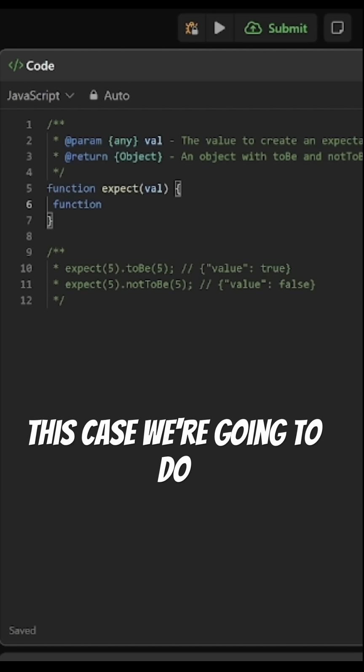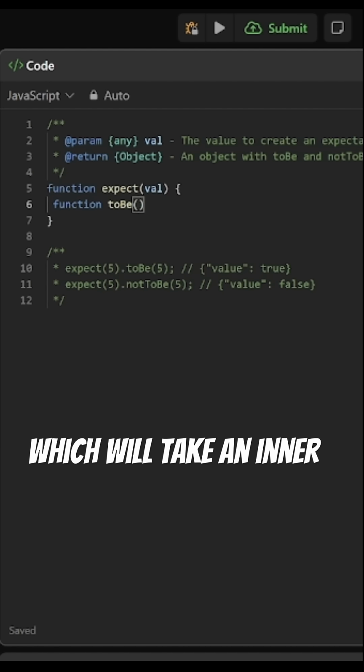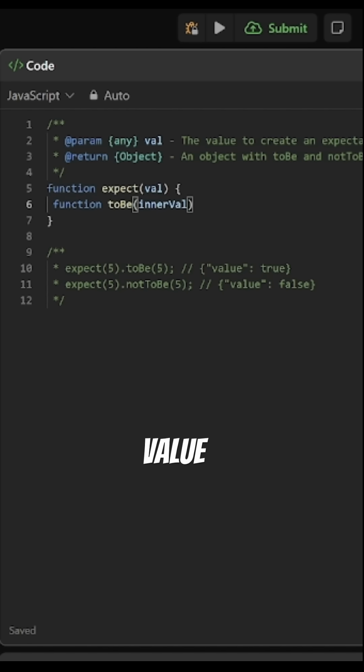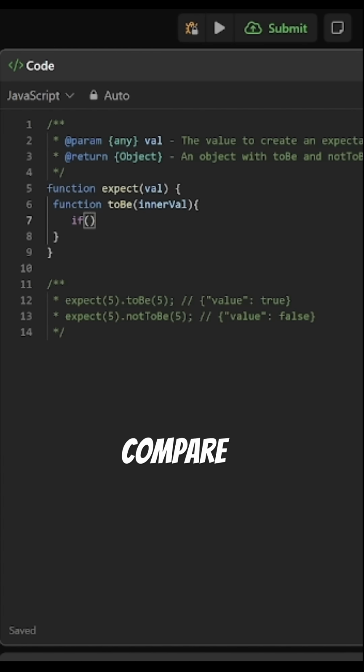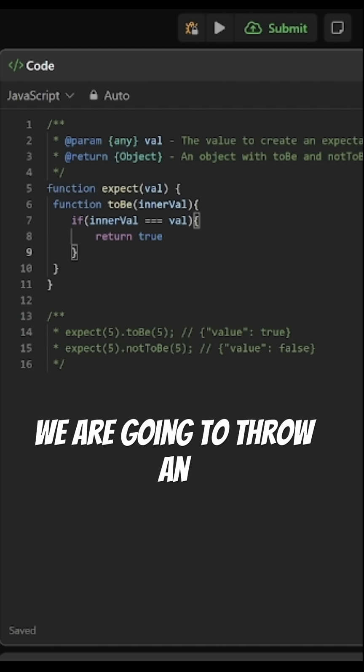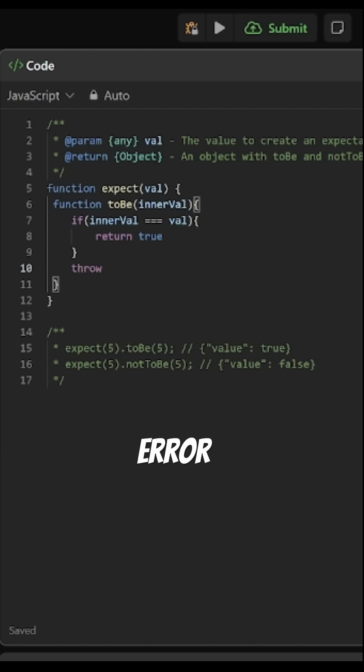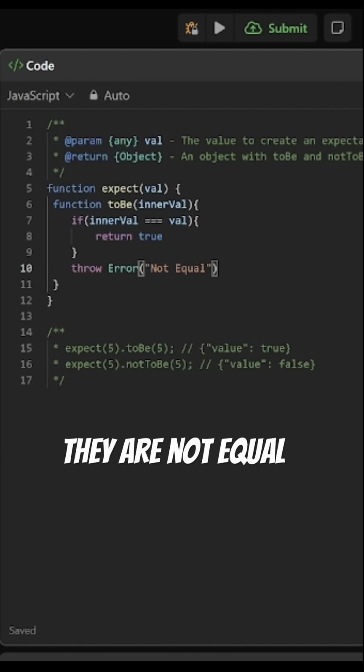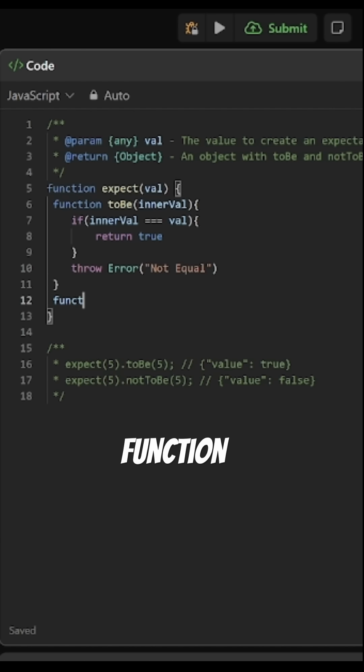So in this case, we're going to do toBe, which will take an inner value, and then we must compare whether the inner value is equal to our value. If it is, we are going to return true. Otherwise, we are going to throw an error, "Not Equal". All right, and then we need another function called notToBe,